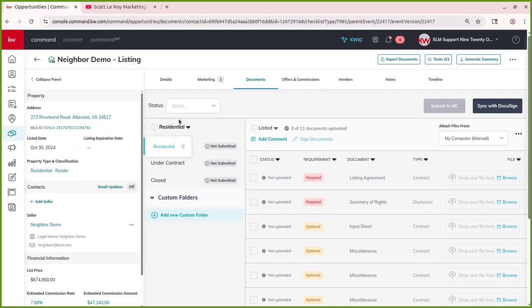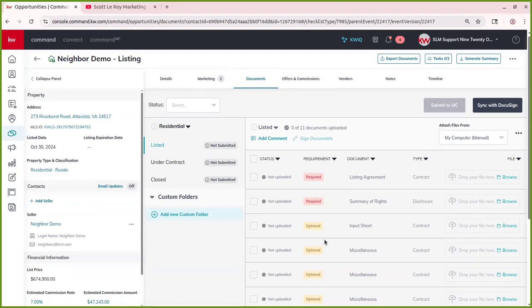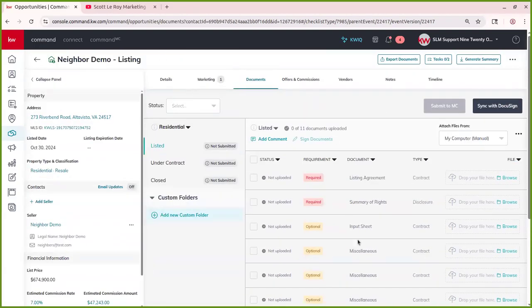And that way you'll see what your required documents are. So going through, you'll see if it's a required document, if it's optional. So you'll want to go fill those out. So you always have the option to attach files from your computer, so you can upload them manually. You can either click browse and then upload it from there, or you can drag and drop the documents from your file over into